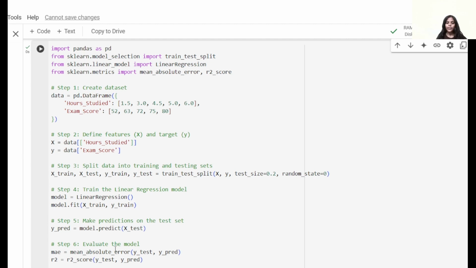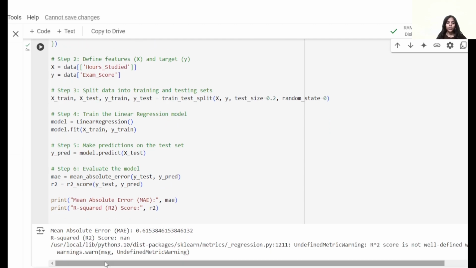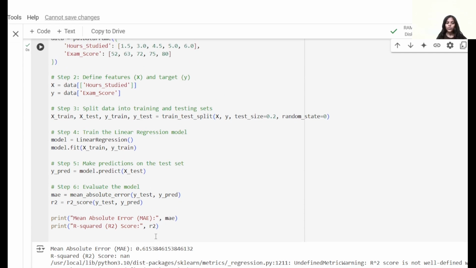Now in the sixth step, we will evaluate the model by using mean absolute error and R2 score. So here mean absolute error calculates the average absolute difference between actual and predicted score. And R2 score measures how well the model explains the variance in the data. A value closer to 1 indicates a better fit. Now the output of this code is MAE and R2. So here this is the output of our code. In this, 0.61 indicates that on average the model predictions differ from the actual